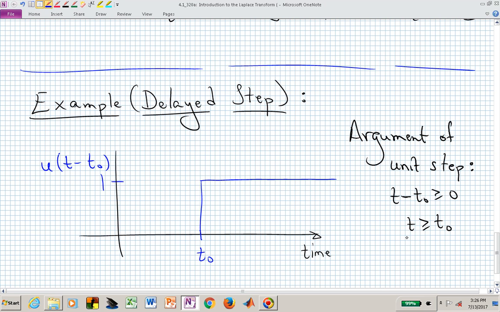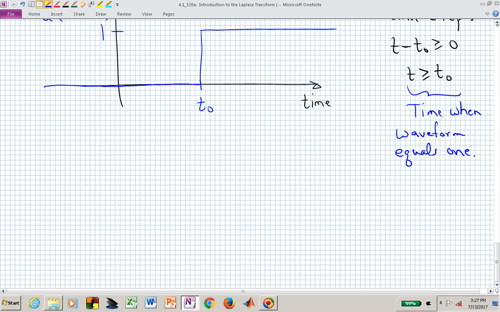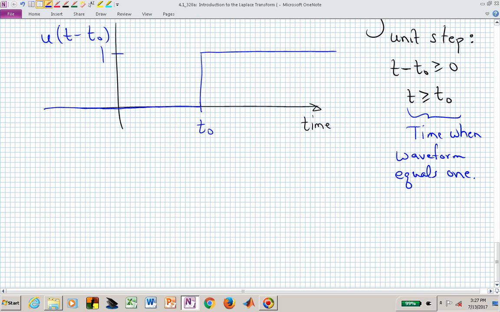value of 1. So t greater than or equal to t naught is the time when this waveform is non-zero, or when it equals 1. And that's what we're showing here in this picture. We're saying up until time t equal t naught, our waveform is 0, and after t naught, it now assumes a value of 1. Let's now see if that changes anything when we try to Laplace transform this delayed unit